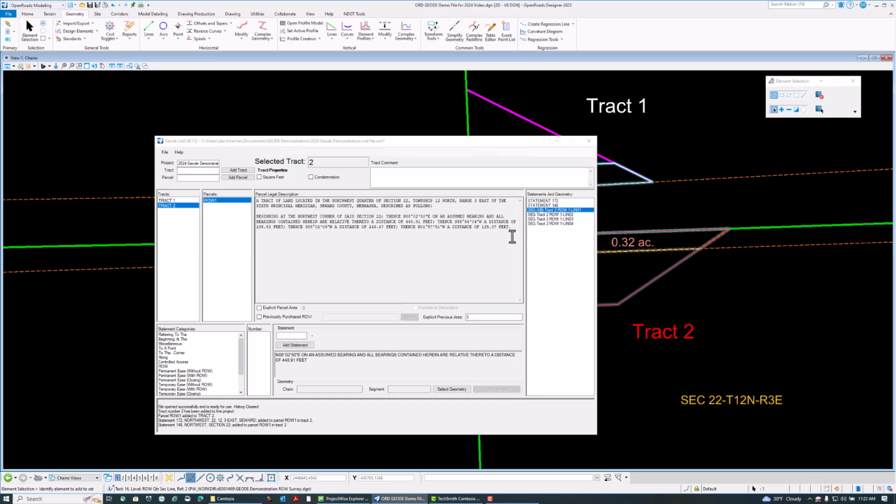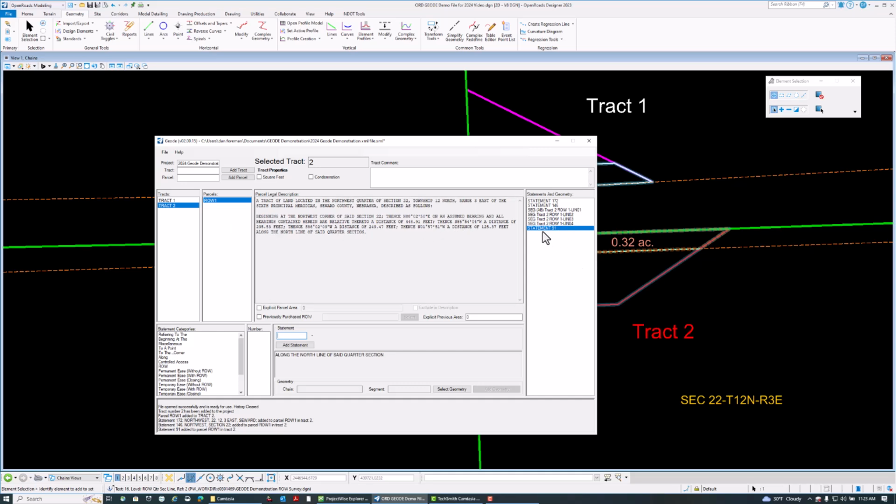The next thing I need to do is add my along statement. We're along the north line of the northwest quarter of section 22. So I'm going to go down to my along command. I'm going to set a 9 line along the north line of said quarter section. I will add that statement in there. So you can see we did begin at the northwest corner of said section. We went north 88 degrees east on an assumed bearing, a distance of 44 feet,